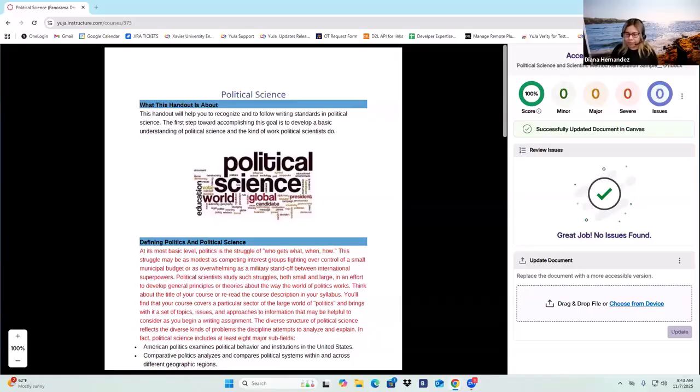One of the things that I also wanted to mention is that the remediation or fix issue button will be available for the majority of the issue types. However, there are some that are not supported yet by the remediation engine. So in those cases, we recommend working on the document on all the issues that have the fix issue option, and once you do that, download it and then work on those issues that you don't have the capability of using the remediation engine for.